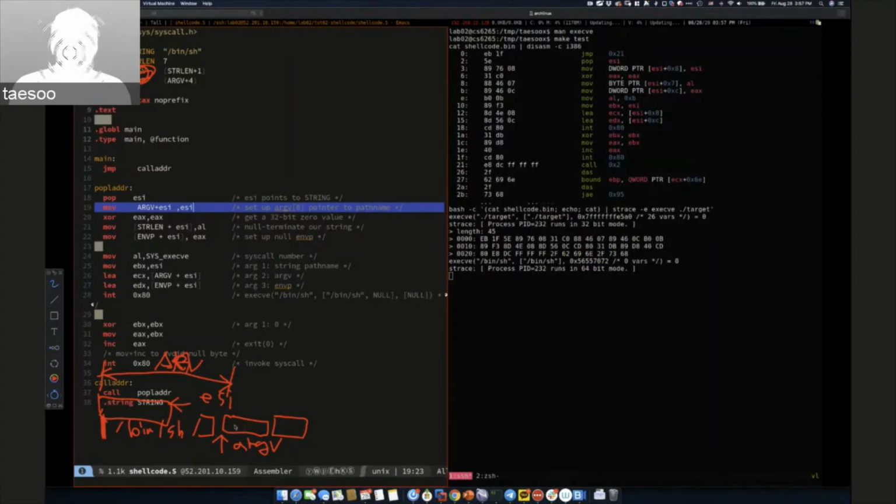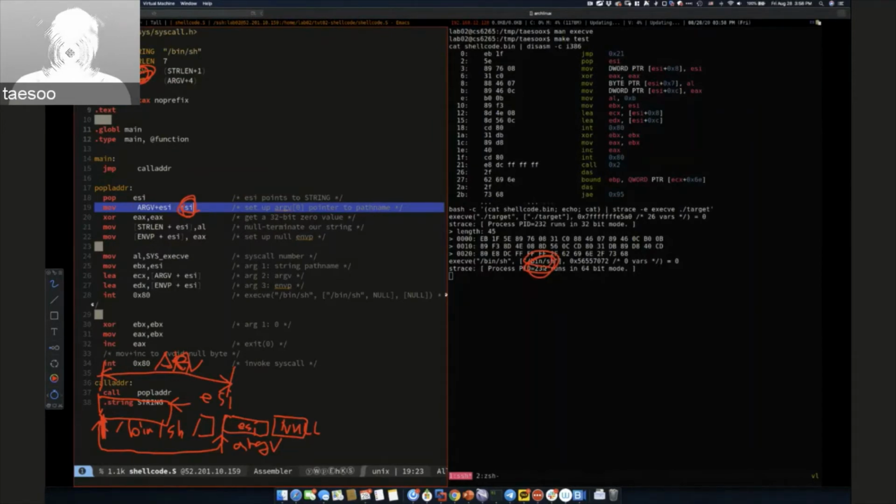So what we just did is that in this particular instruction, we're going to put the ESI in this location, which means we now have a first argument ready that is pointing to the bean shell. What should be the next argument of argv? The next element in the argv array should be null, so that we can indicate that we only have a pointer to the bean shell as the first argument of the argv, so that we can actually construct this type of